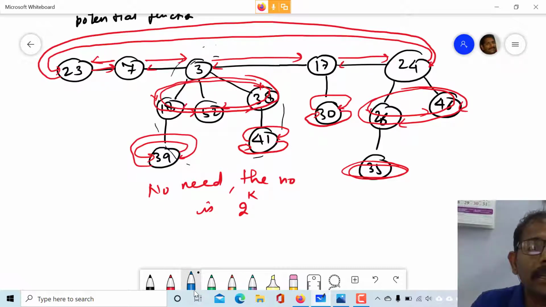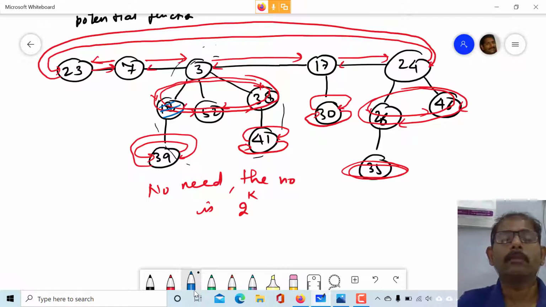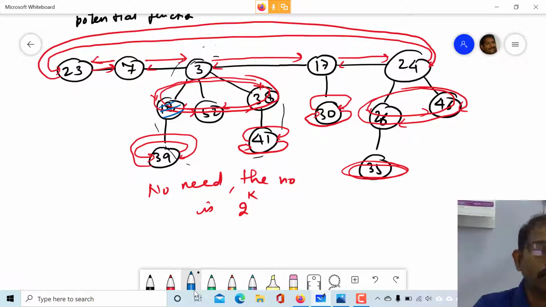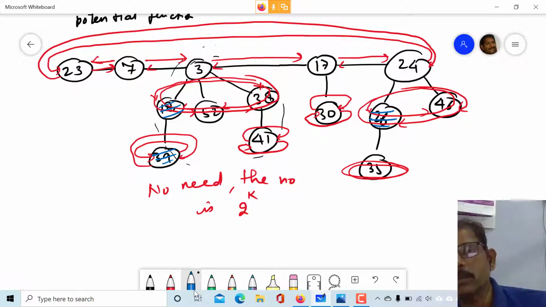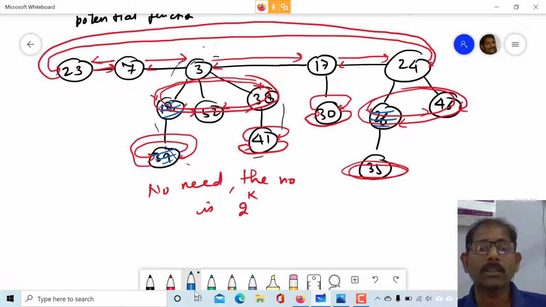One more thing which remains here is the concept of mark node. Suppose here 18 is the mark node. I'm setting it in blue color. So 18 is a mark node. Likewise, suppose 39 is a mark node, and 26 is a mark node. What is the meaning of mark node? Mark node means in the past it has lost a child, because there can be a deletion process, and you have applied the deletion process and 18 has lost its child. Likewise, 39 also has lost its child, and 26 also has lost its child. So in this way these three are the mark nodes.